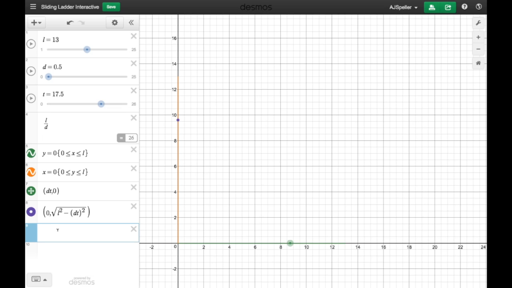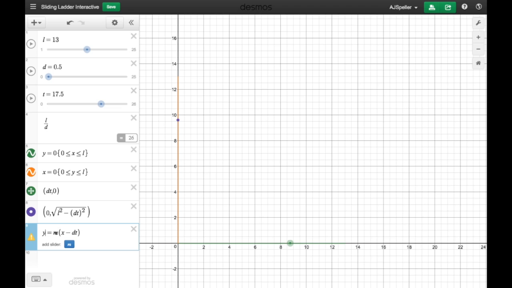point slope equation. And the point slope equation is y minus y sub 1 is equal to the slope times x minus x sub 1. All right, in this particular problem, we're going to use this first ordered pair here as the point. So the x value of the point is dt. So x sub 1 should be that x value, which is dt. And then the y sub 1 is 0. So here I've got y minus 0, which is just going to be y.